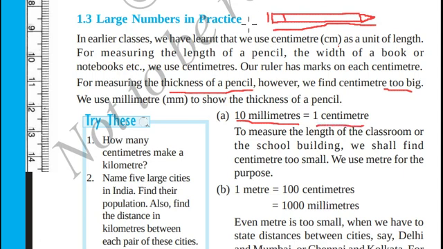Say for instance, the thickness of this pencil is 8 millimeters and the length of this pencil is 5 centimeters. We use units that suit our application. It is not practical to measure the length between 2 points in a city. If we measure the length between these 2 points with millimeters, that doesn't make any sense. For that we have to use kilometers.